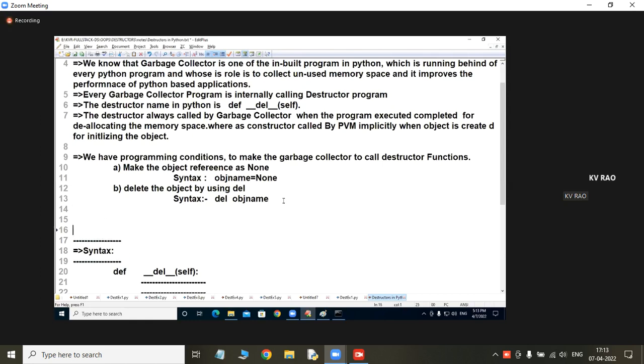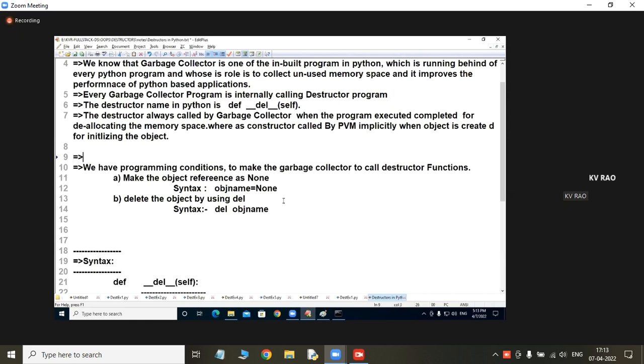So A and B approaches, I will write it. When the program execution is completed, GC calls its own destructor to deallocate